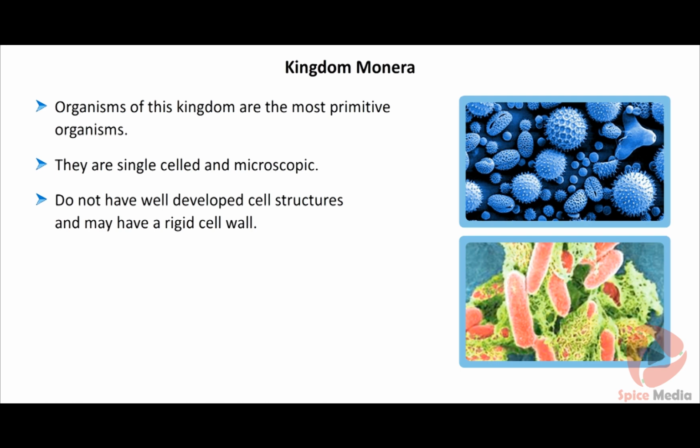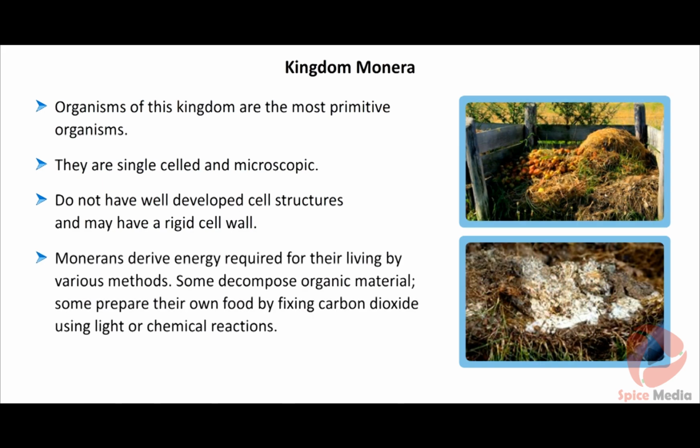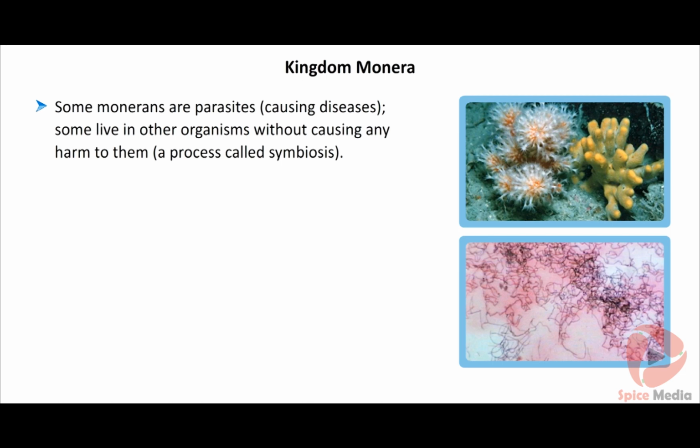They do not have well-developed cell structures. They may have a rigid cell wall. They derive energy required for their living by various methods. Some by decomposing organic material, some by preparing their own food by fixing carbon dioxide using light or chemical reactions. Some of them are parasites causing diseases, while some live in other organisms without causing any harm to them through